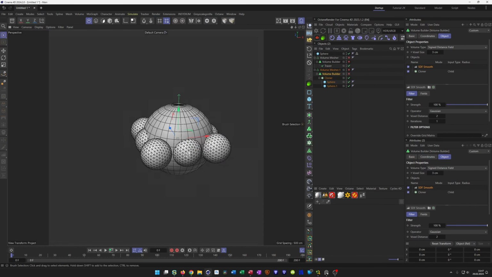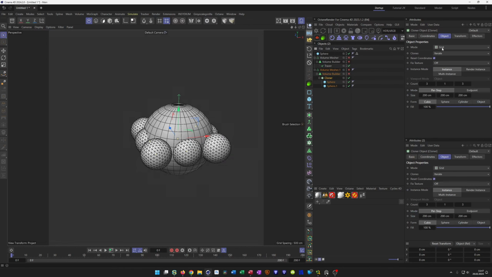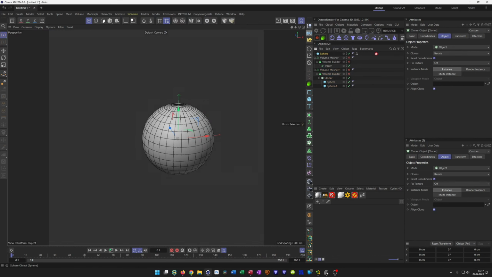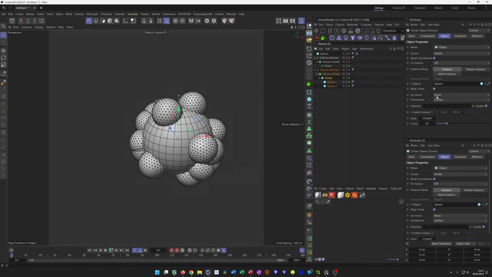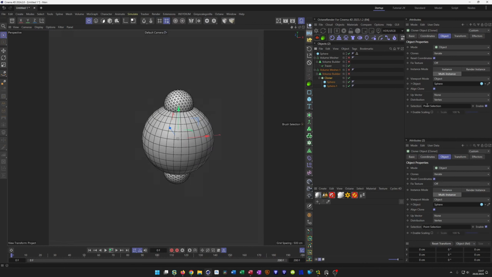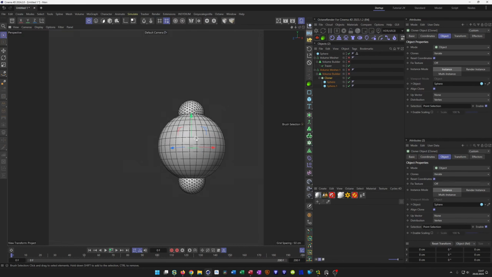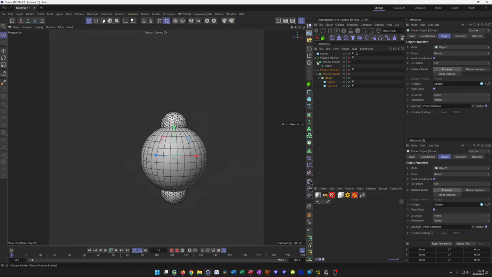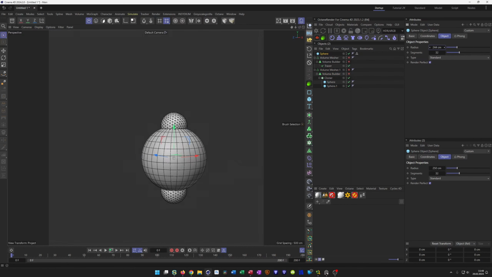And I want to clone on these 2 points. We have 2 spheres and I want to clone on each of these points. So I go to the object here, take my sphere, say, first I go to multi-instances to be sure that everything works. So I go to vertex. Now I have every vertex, but when I drag in my selection tag, here I have just this and this one. Or I can go back to instance because we have just 2 clones. This is no problem. And of course, when I now go to my sphere and I change the size,